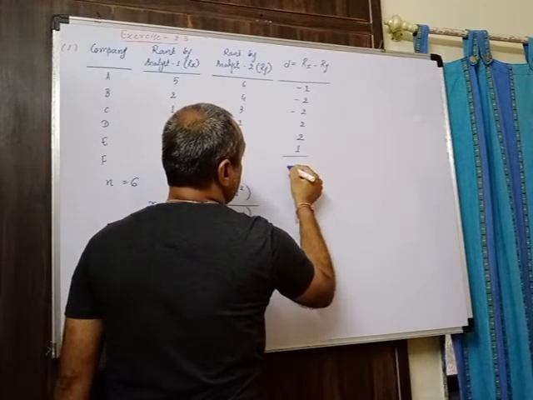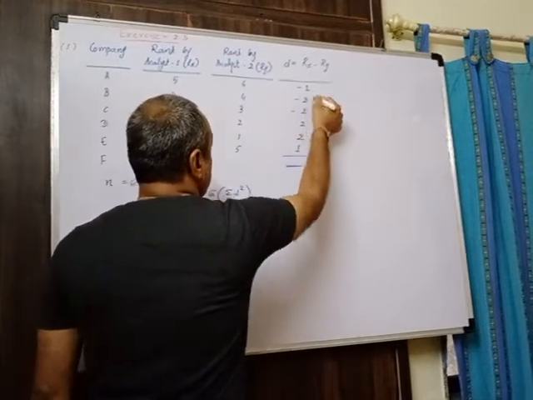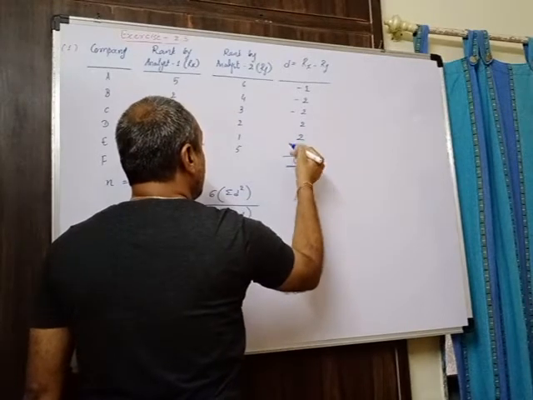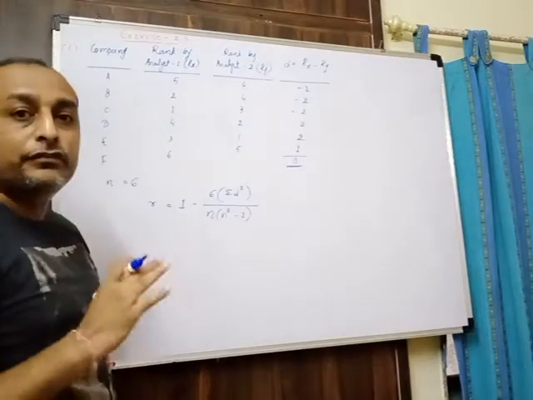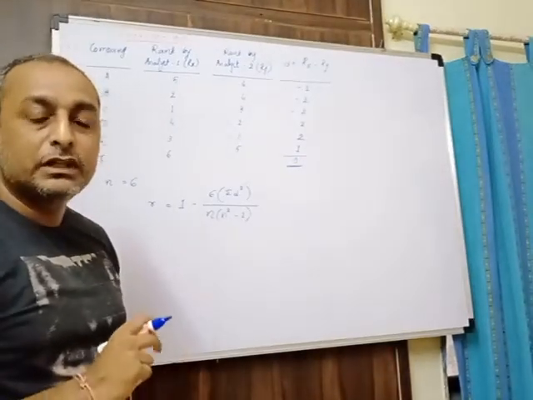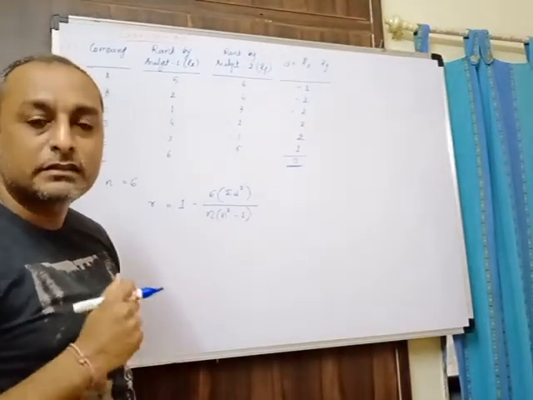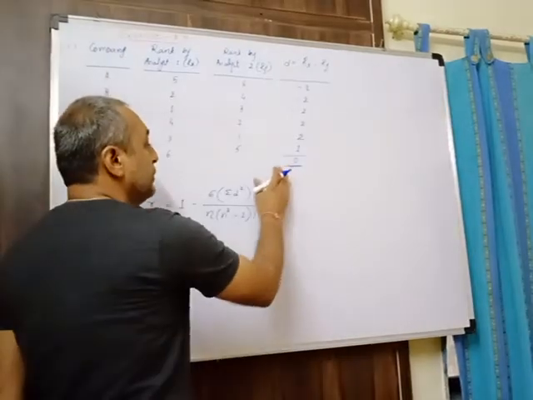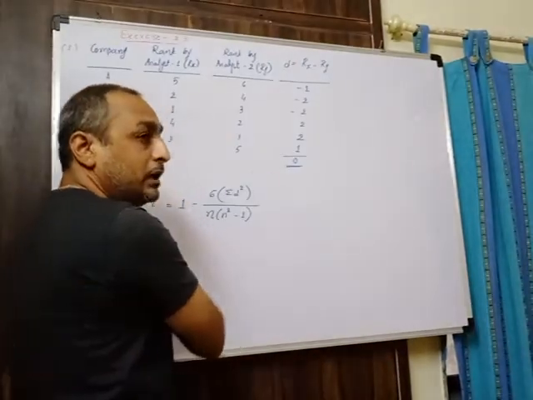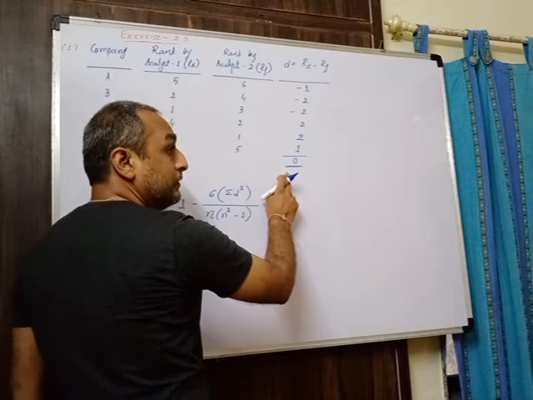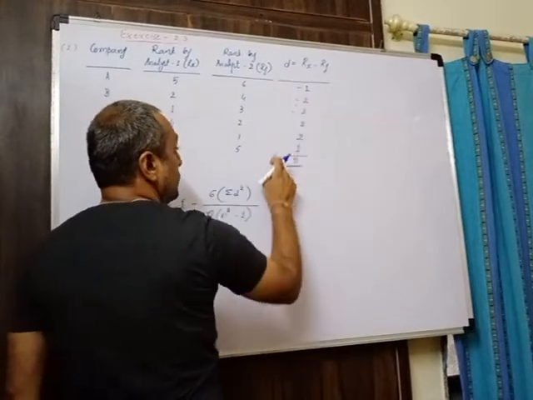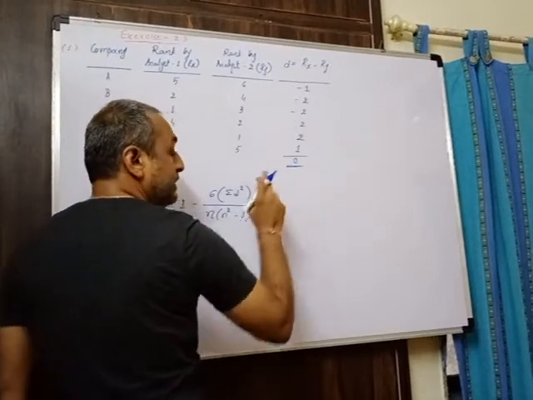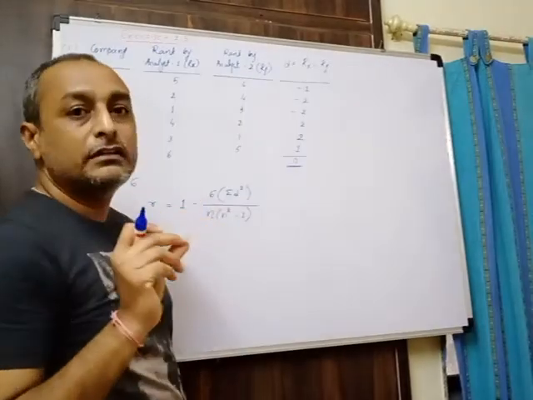Yesterday we discussed in the notes that the sum of d is always equal to 0. At present also you can find out. This is only for our knowledge, so that we can come to know whether our calculation is correct or not. This total we do not require in our formula, but only for checking our calculation. If the total of the d column is 0, you can say that your calculation is correct.